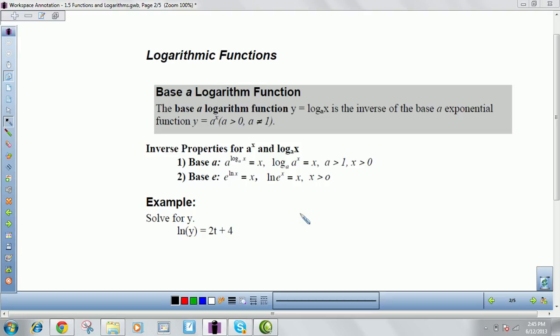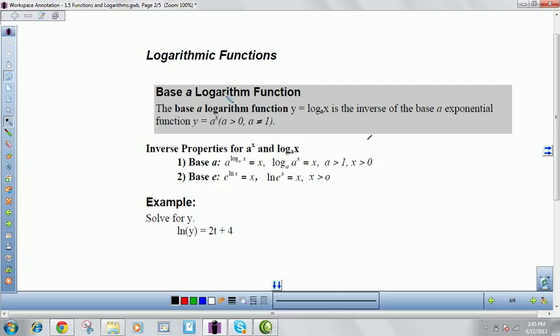Okay, now we're going to get into logarithmic functions and tying them to exponential. So looking at the first one, the first definition we've already done here. y is equal to log base a of x. That can convert to x is equal to a to the y. Anyway, so if we look at these,